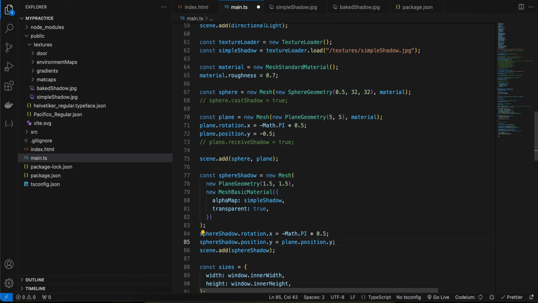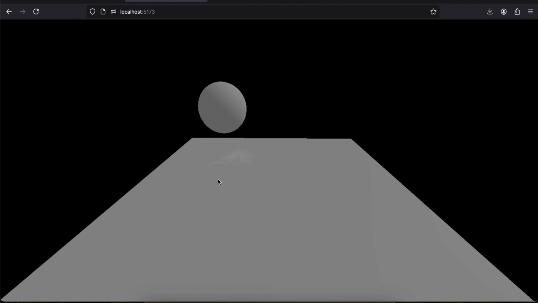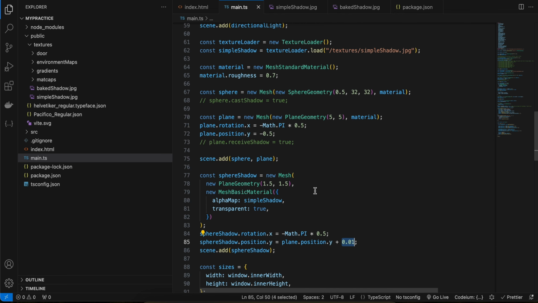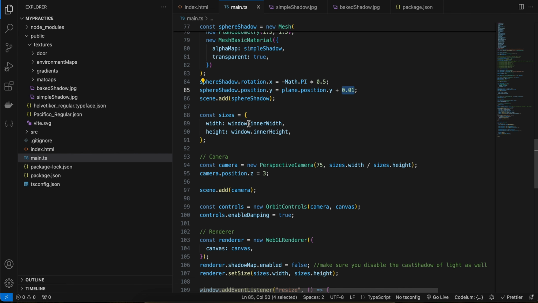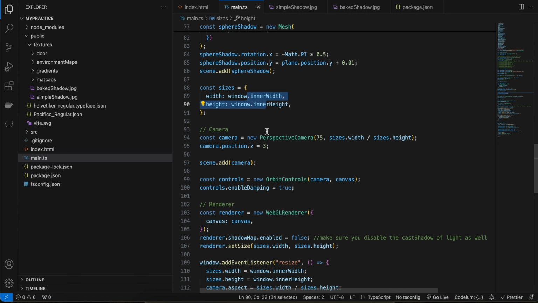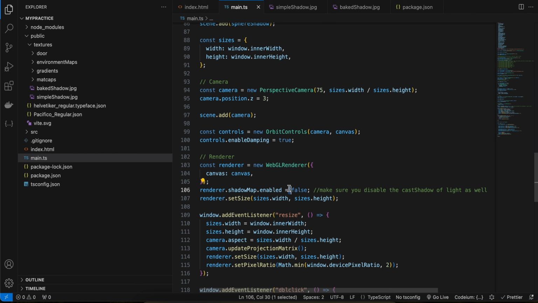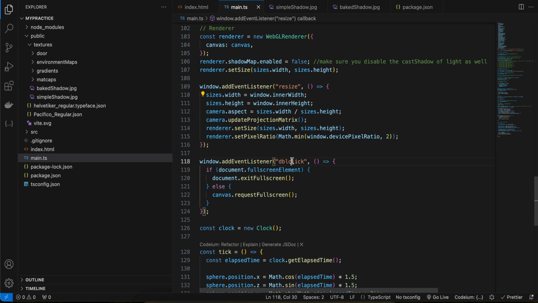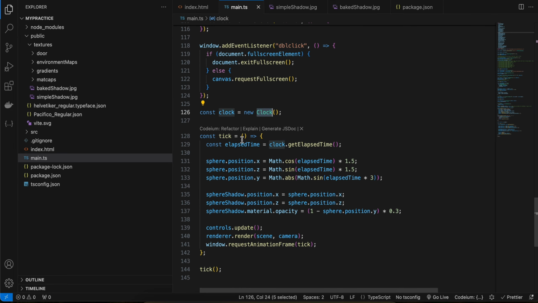Suppose I don't do this, if I do something like this, here you can see there is this glitch effect which is happening. This is called z fighting, so we don't want to do this. That's why I have added 0.01. Then here we are getting the screen width and height, creating our camera, creating orbit controls. This is false for the WebGL renderer, and in case of resizing we are just updating our camera as well as the renderer. On double click, we are entering and exiting full screen, and inside tick